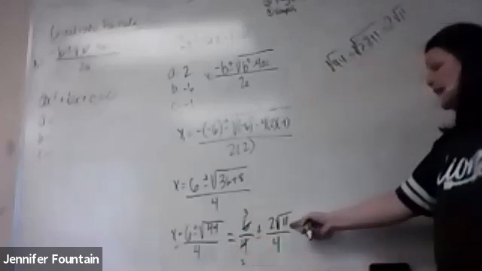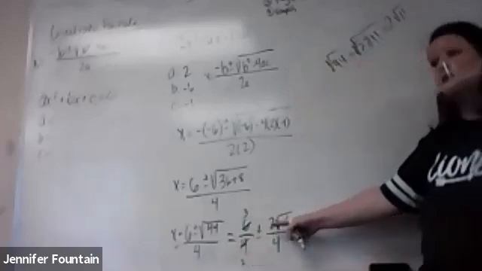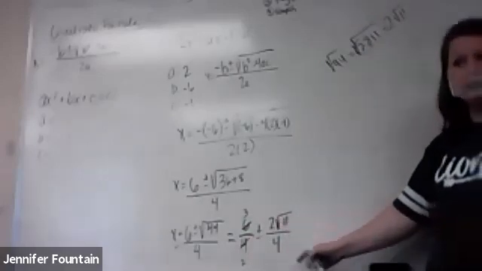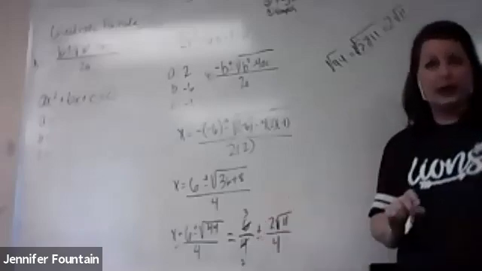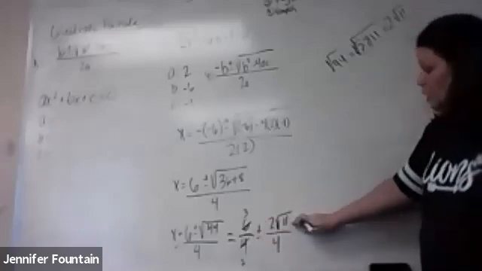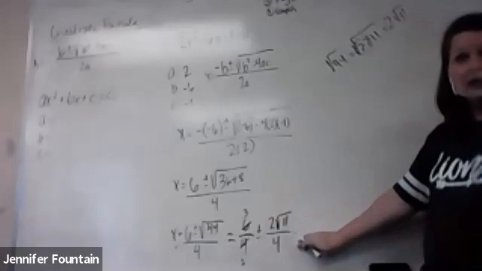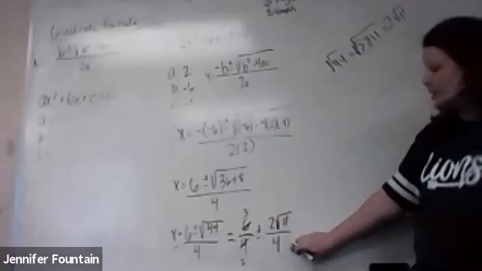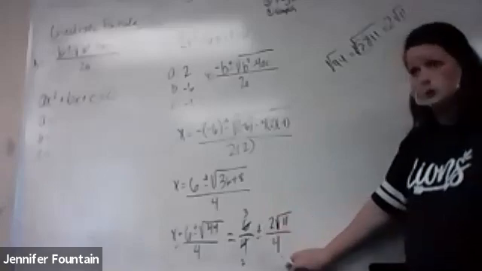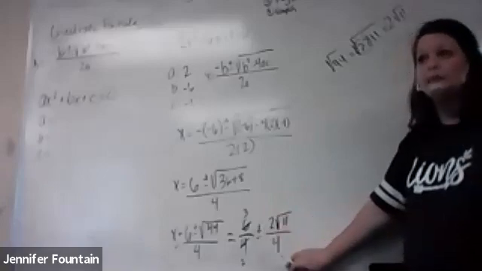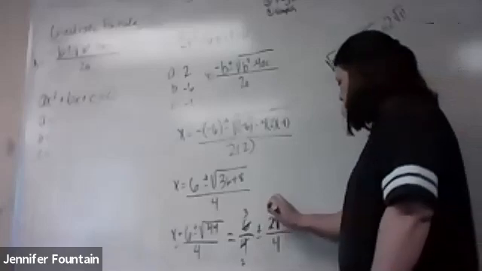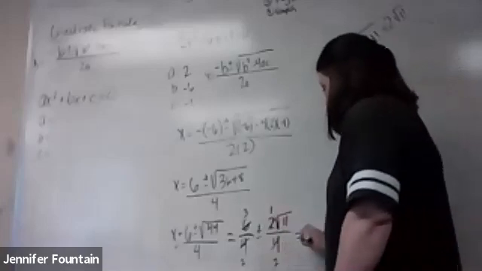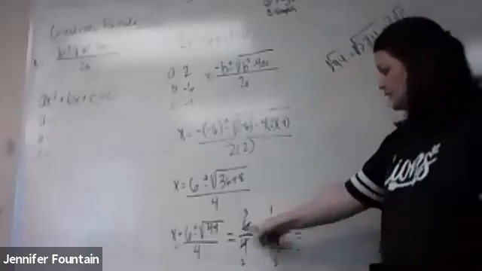Now here, when I'm canceling a whole number and a radical, I can only cancel whole numbers with whole numbers and radicals with radicals. So here, I could not cancel anything in my denominator with a radical because I don't have a radical in my denominator. The only thing I can cancel here are the whole numbers. What are they both divisible by? 2 divided by 2 is? 4 divided by 2 is 2. So now we have 3 over 2